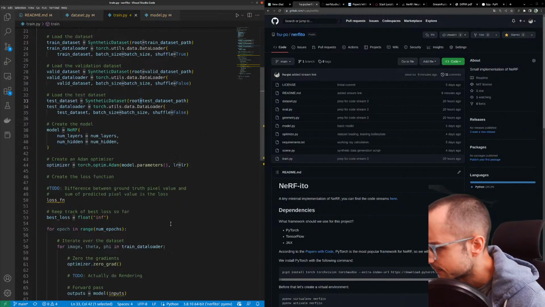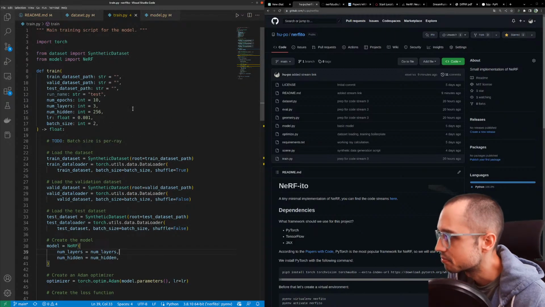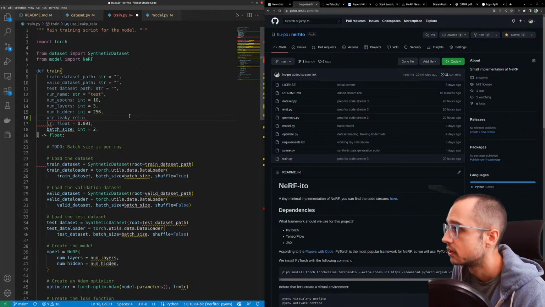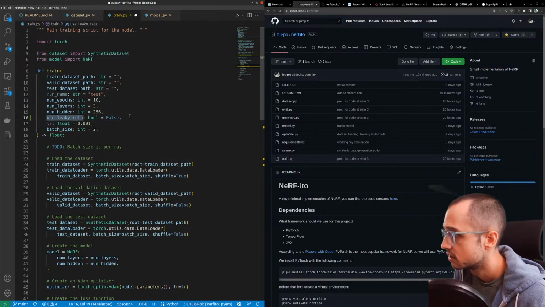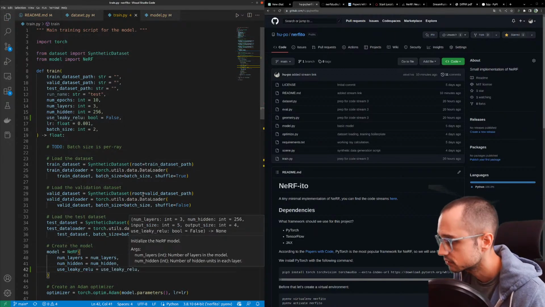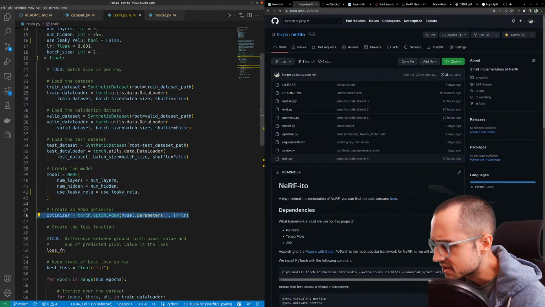Back to our train. Okay, so we have our NeRF model, and we'll feed that into the optimizer. We have a kind of standard Adam optimizer, and then we have a loss function. So we didn't have the loss function before, so